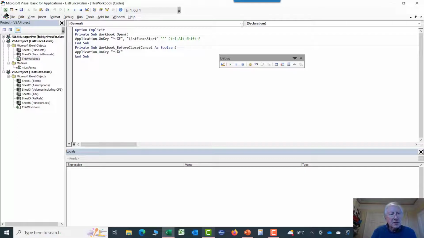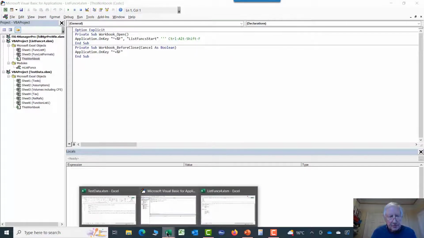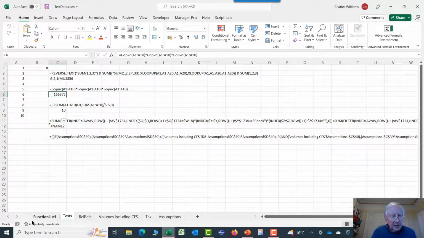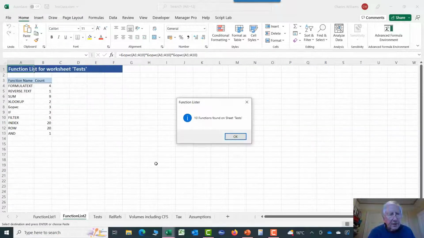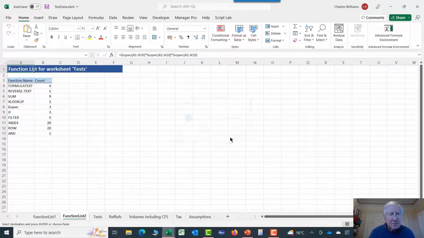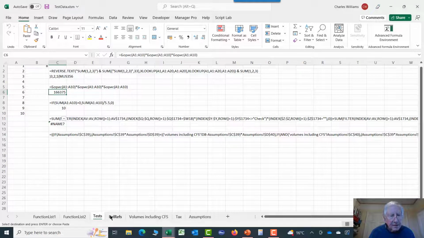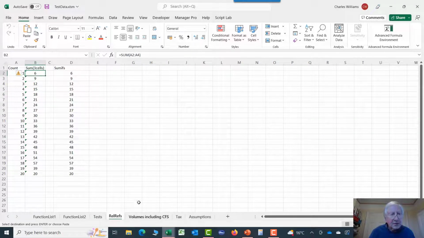So we can see that if I switch back to the test data workbook, I've got function list 1. If I press Control Alt Shift F, bang, it's generated function 2. Or I could test, I don't know, let's pick that one instead. And